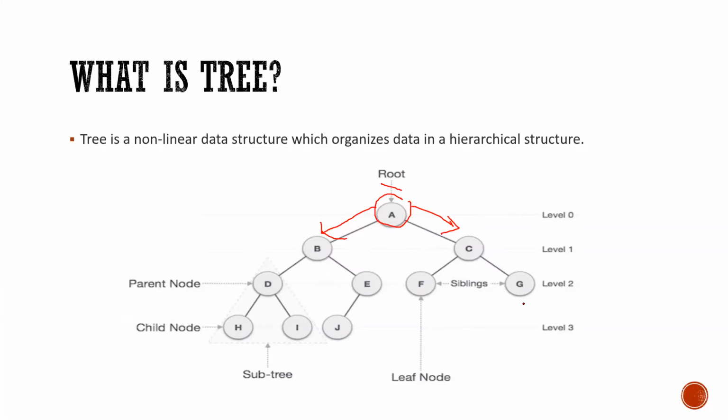Shall I move forward? Leaf node. Oh, leaf node, okay, sorry. Leaf node: the node which doesn't have any left or right nodes or any other nodes connected to it, not the root node, except the root node if it doesn't have any children, right? What are the child nodes? Like here, D is the parent node and its child nodes are H and I. Similarly, F doesn't have any child nodes. So the node which is at the end of the tree and doesn't have any child node is known as a leaf node.